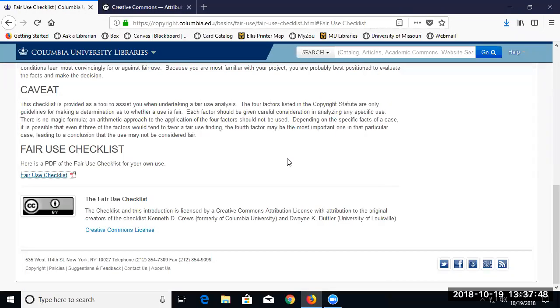My two cents was, I represent the institution, and because of that, I tend to be fairly conservative in my advice. If you go through the factor analysis and you're really not sure, you're wishy-washy on it, my advice would be just ask for permission. The other caveat is that the law says even if you ask for permission and are denied, that doesn't mean you can't rely on fair use later on. That's good to know. I didn't know that last point, that you could still look at fair use even if you have been denied.